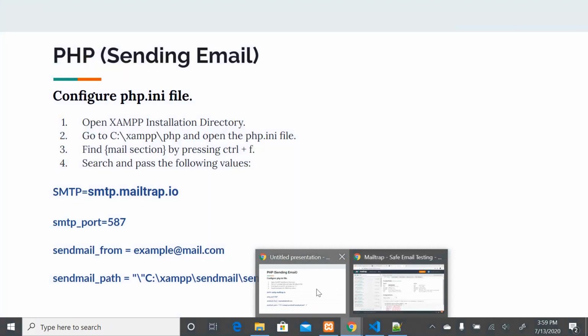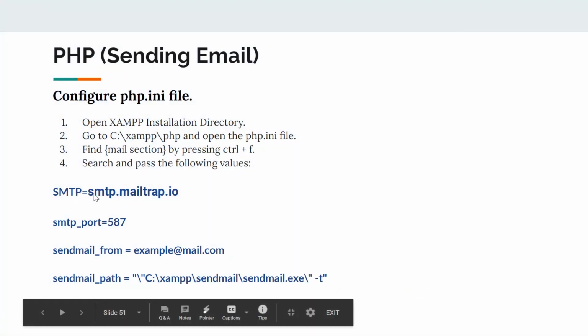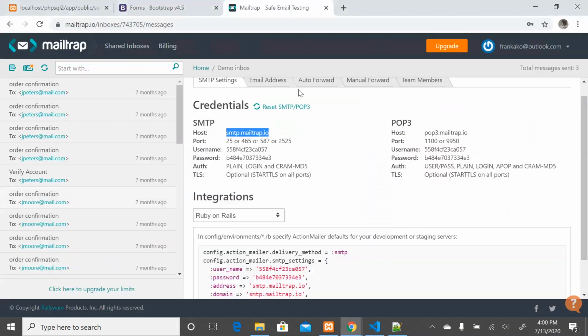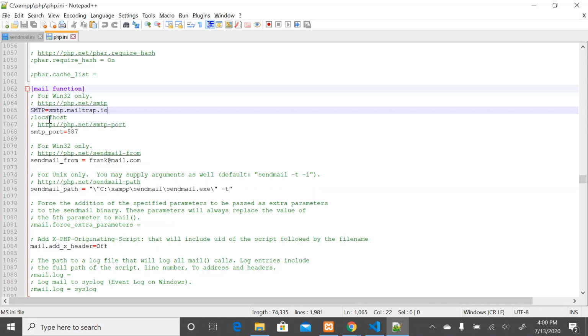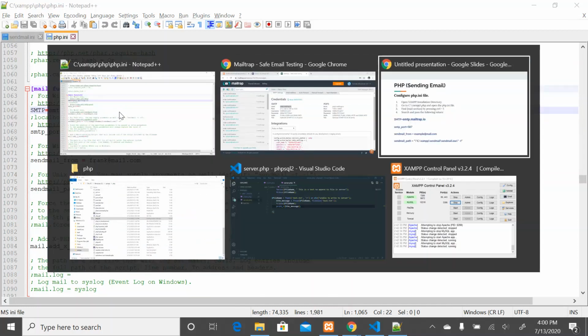If we come to the slide, you will see XAMPP. You have to paste that, and you get the credentials from Mailtrap. So you copy this, you come here where there is XAMPP, move localhost. You guys are going to have localhost. Move localhost to the bottom. You paste that there. The next step is